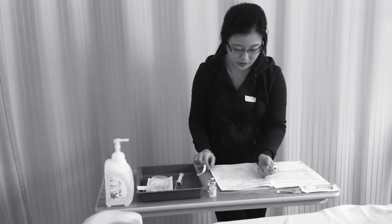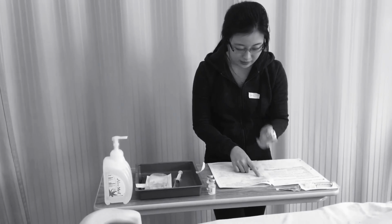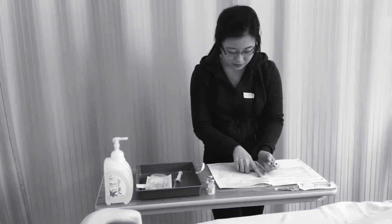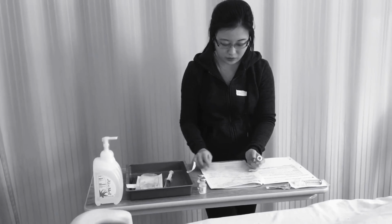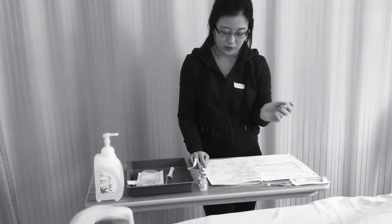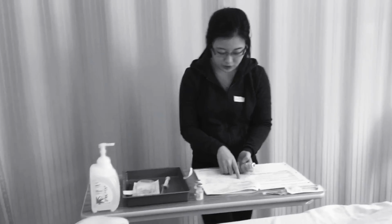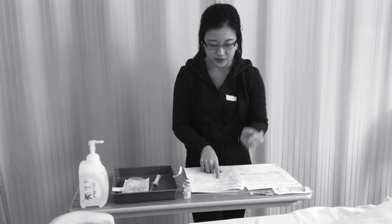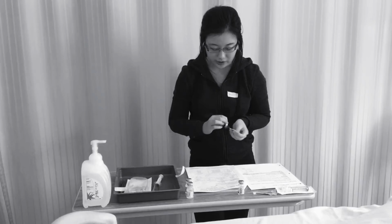So it is hydrocortisone, and it can be given by a student nurse. I'm going to check the expiration date on this, and it is good. I'm going to check the dosage, so 100 to 500 every 2 to 6 hours. So we are within the safe dose range. I'm going to look for my 250 mg vial, and I need to add 1.8 ml sterile water into this vial. So I'm going to alcohol swab my sterile water